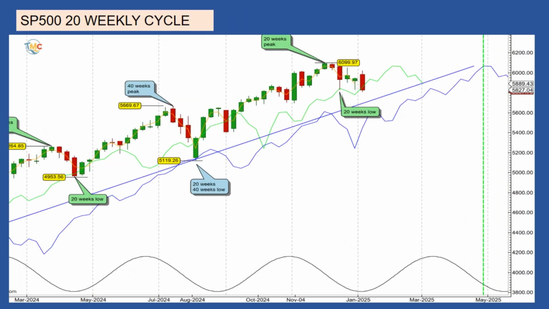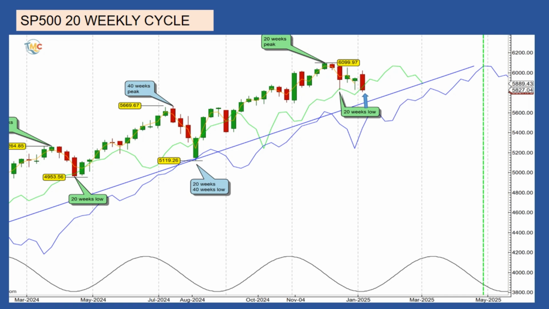The 20-week cycle. At the time I am making this video, the S&P 500 is trading on its cycle line. But the median price didn't cross yet below its cycle line. As a reminder, to get a valid signal, the median price has to cross below its cycle line. If next week the market continues its decline and the S&P 500 crosses below its cycle line, then we will have a potential downside target, at least at 5,609. But before we take this target seriously, we need confirmation of the crossing.